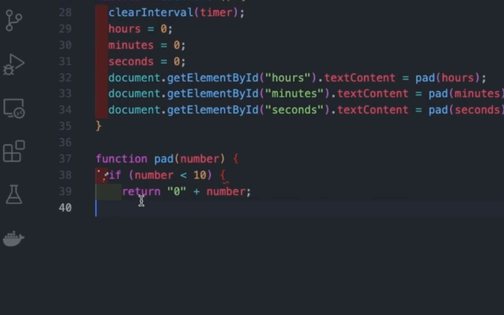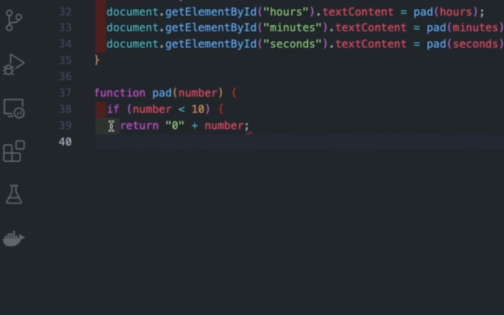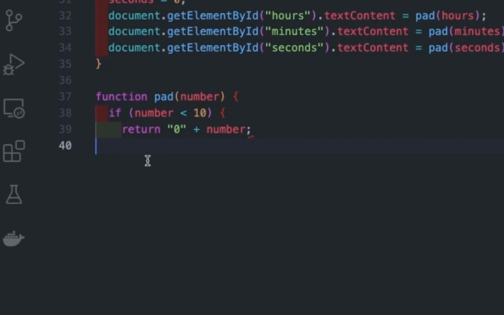So basically what is this pad function? I am checking a condition. Let me write first of all: if number is less than 10, then I will return '0' plus the number. Suppose the timer starts and it goes 01, 02, 03, 04, 09 and then 10. So if it is less than 10, meaning if it is 9, then a 0 should be added here.